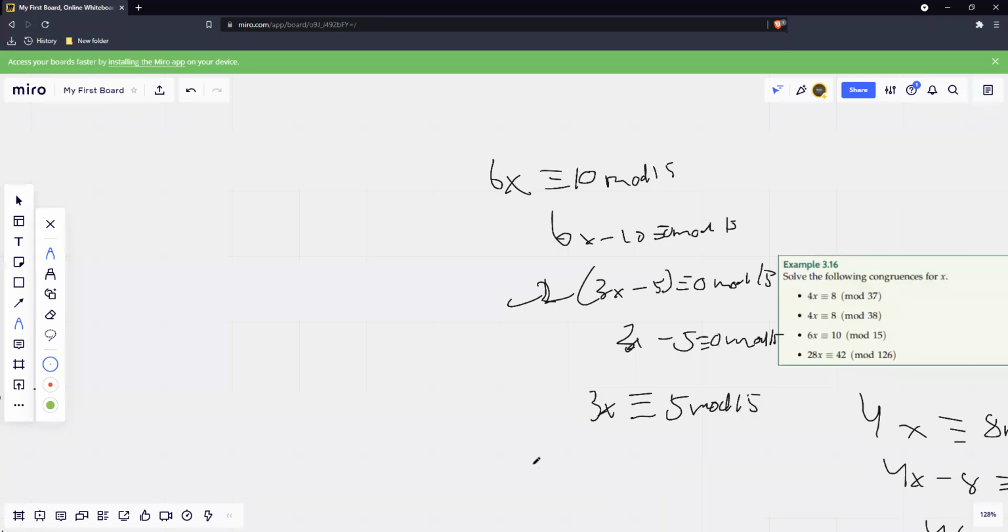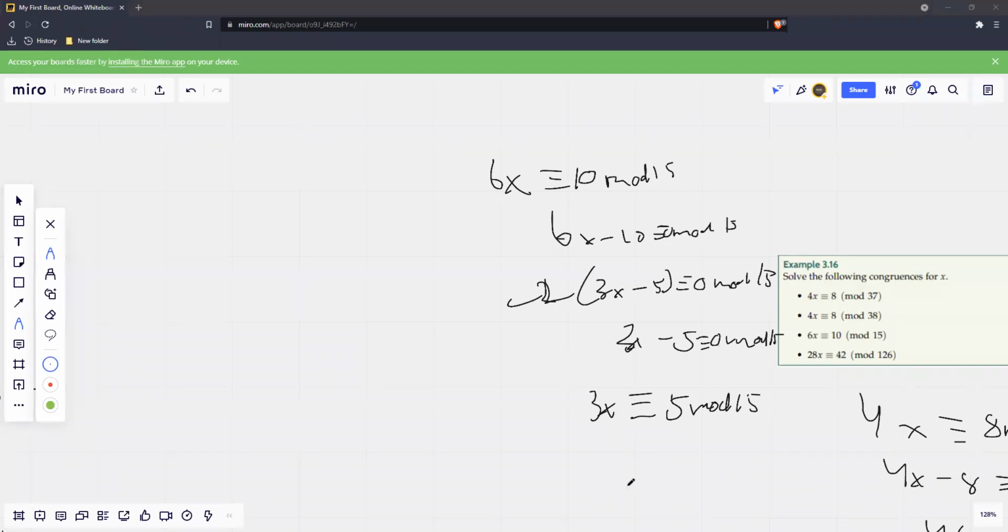Because it's mod 15. So 10 mod 15 doesn't work, 5 mod 15 doesn't work, but how about